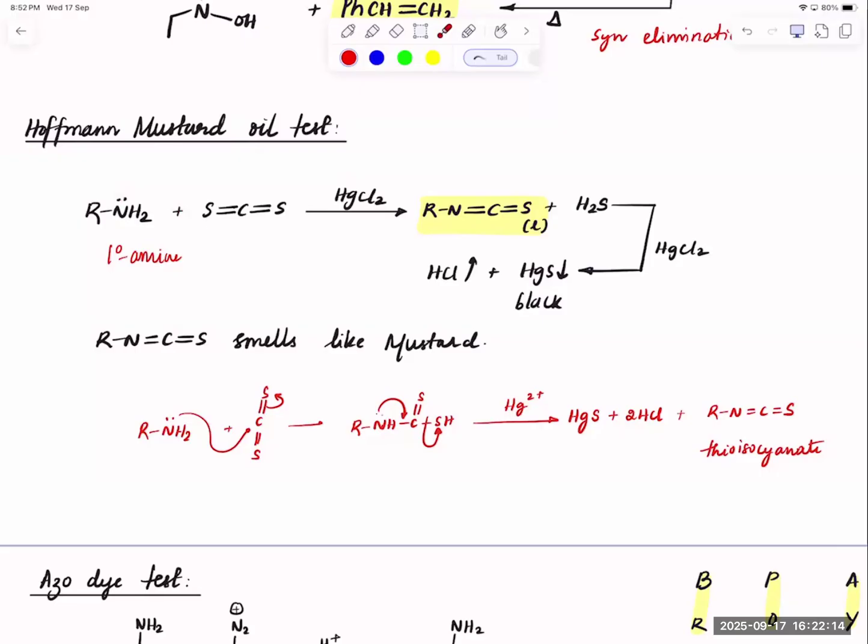So we will get this as N=C=S, and it is supposed to have SH also here, S minus. So when the lone pair closes here, that S minus will leave and convert into HgS. That's why we take it in the presence of mercury, so that S2 minus can easily leave, giving us a black color precipitate of HgS. So what we got is